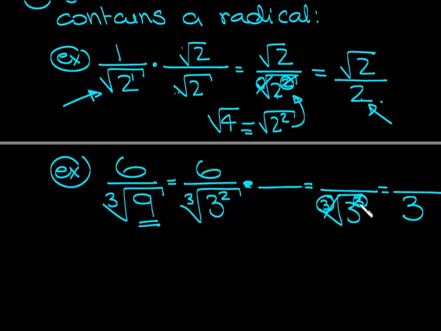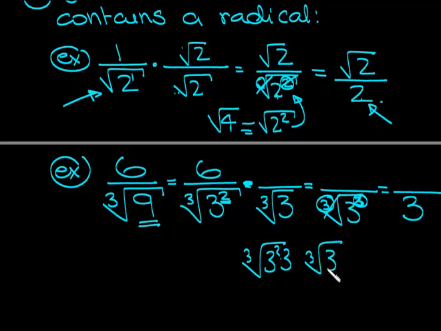Okay, well, I want 3 3's here. I want the power to be 3. I already have 2 of them here, so I just need the cube root of 3. I just need one more 3, because when I multiply, I'll get cube root of 3 squared times 3, which would just be cube root of 3 cubed, because you add the exponents when you're multiplying two exponential numbers with the same base. So that's why we're just going to multiply by 1, so we get cube root of